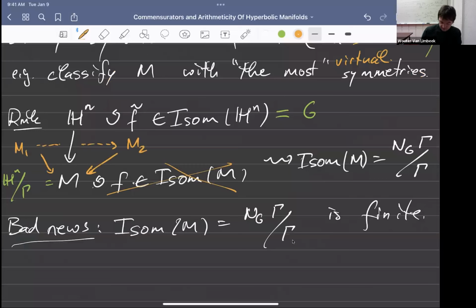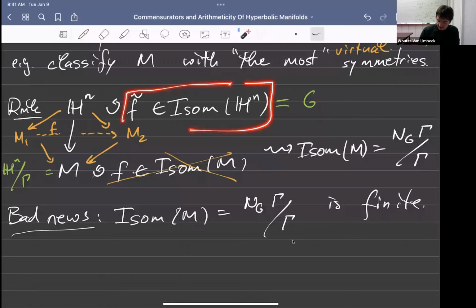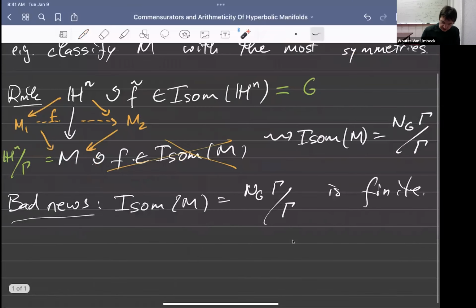And I can also lift this to hyperbolic space. But of course, I do not get the element that I get here. It doesn't normalize gamma because it's not a map from M to itself. It's only between finite covers. And so what it turns out is that, let me put this here,